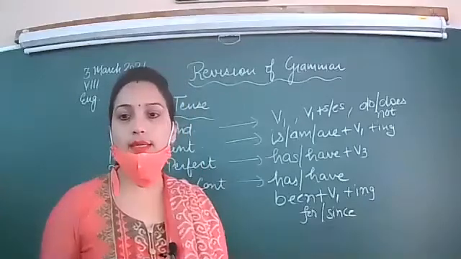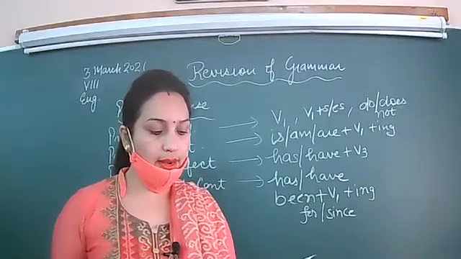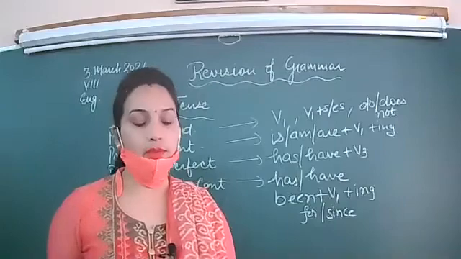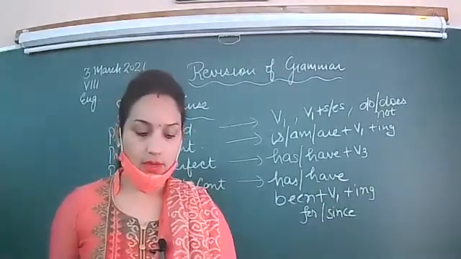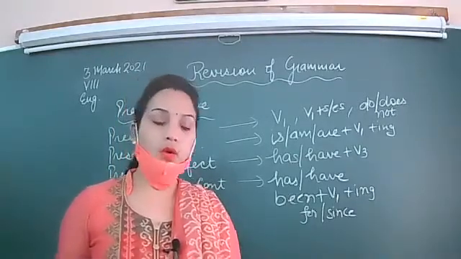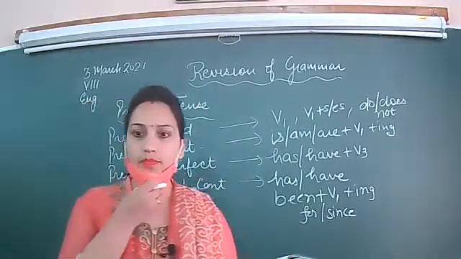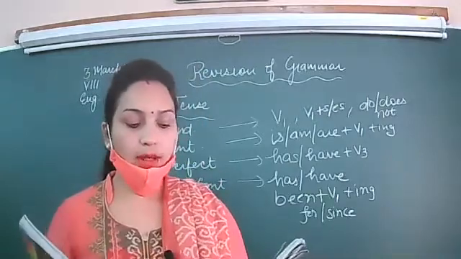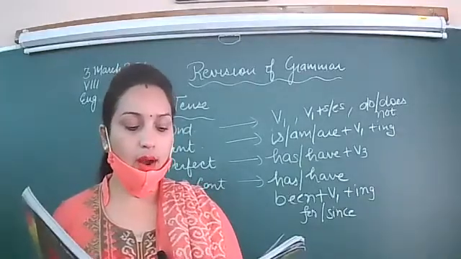So this was your exercise A. You can check your answers and revise it side by side. Now you have to change the next exercise into negative or interrogative. Like, I have a house in Shimla. What will it be? First of all, its negative will be I don't have a house in Shimla. Students, you text me your answers side by side. Yes, your answers are right. I don't have a house in Shimla.